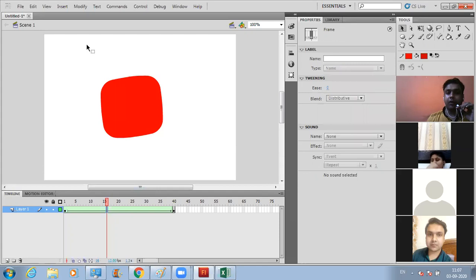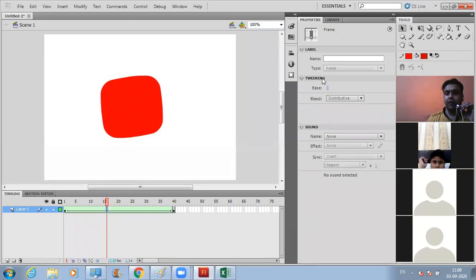Okay. So, what are the 5 components that we studied? We studied about this menu bar over here. We learned about the stage area, on which we can do anything. We learned about this tools panel over here.